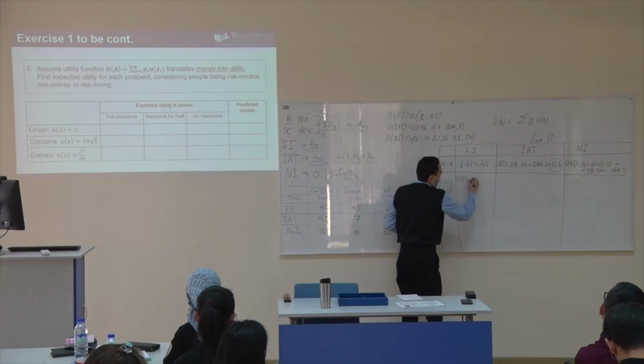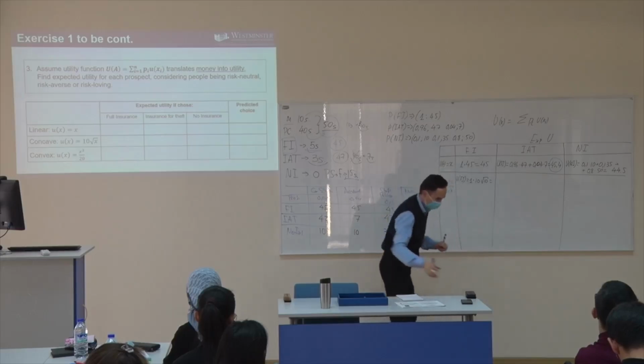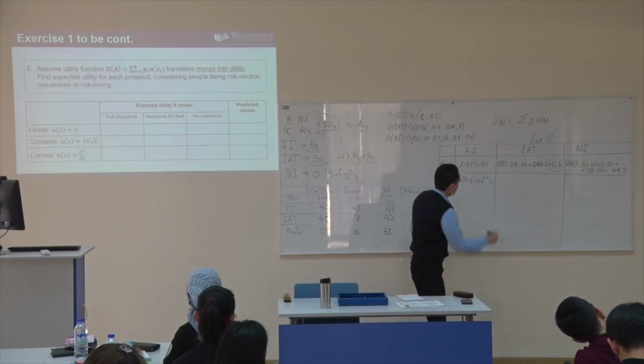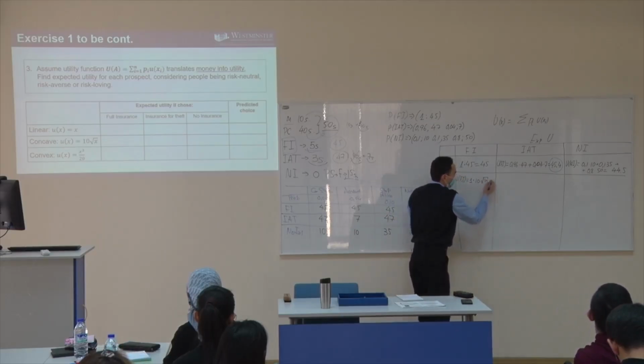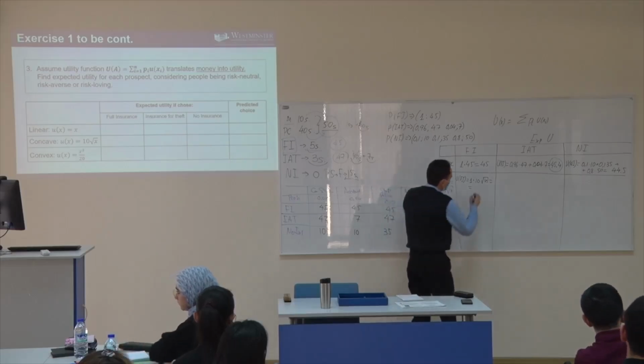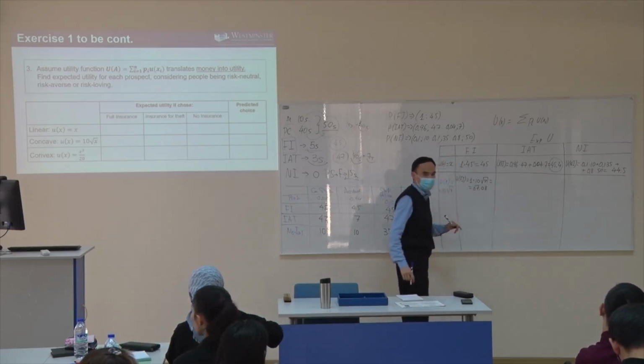If it's going to be the case, our utility function for full insurance. So now there is a 100% probability that our payoff is going to be 45, in the square root. Oh, sorry, 45. Because the payoff is 45. So now it's equal to 6.708. Okay, if you do calculations, you will get this number.